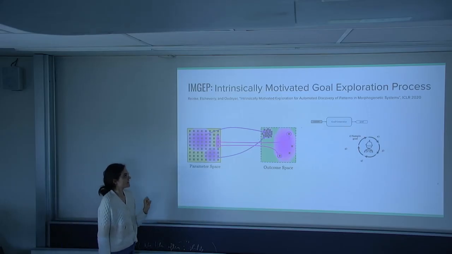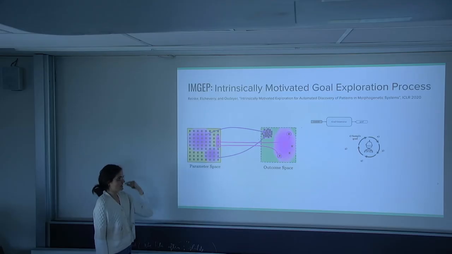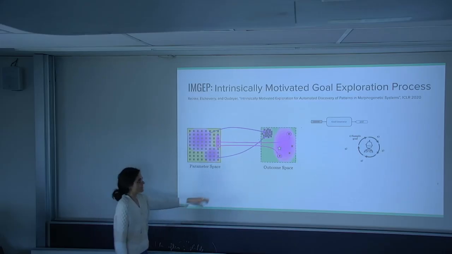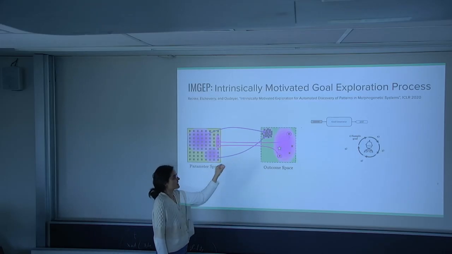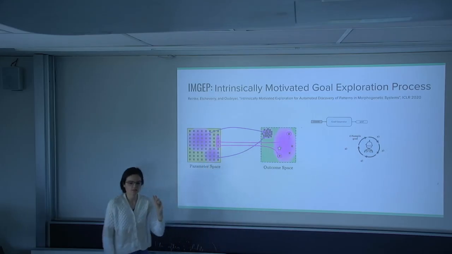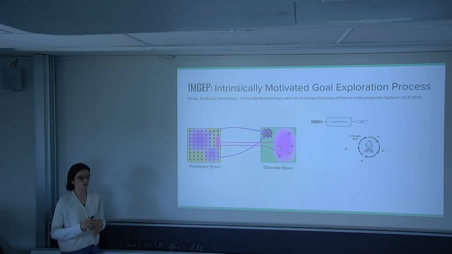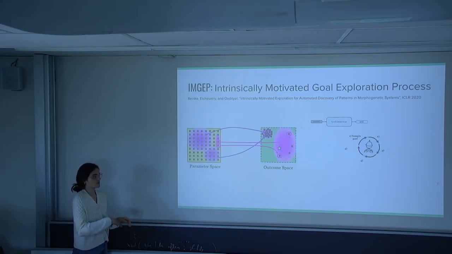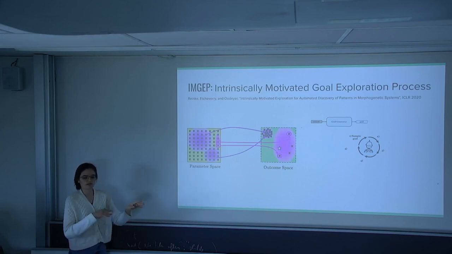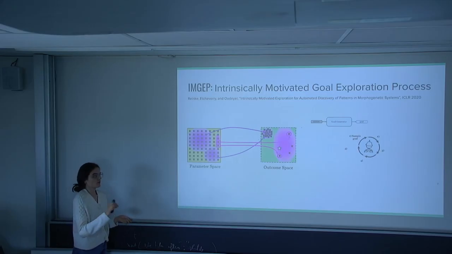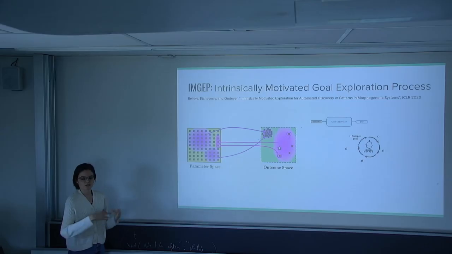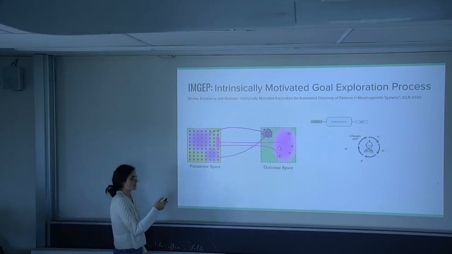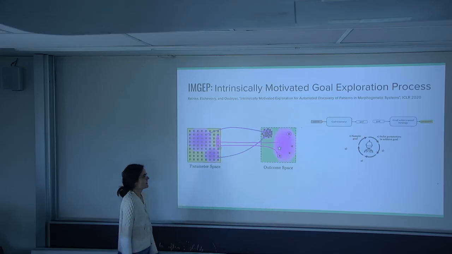So here, the keyword is goal, which means that at each step of the iteration loop, you're starting by explicitly fixing a goal in that behavior space. And the way we generate that goal is through these intrinsic motivation signals. There are different flavors of it, but usually when you want to achieve diversity, you target goals that are novel, so that are not in regions that are already explored, and that are also learnable, so that they're not too far away from what you already achieved. So you start by sampling this goal, then you have a second model that infers parameters that it thinks are going to be the most promising to achieve that goal.